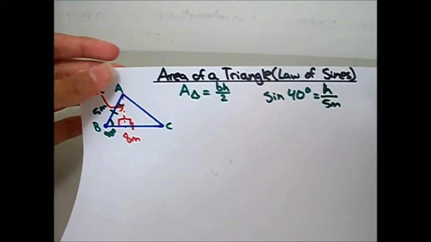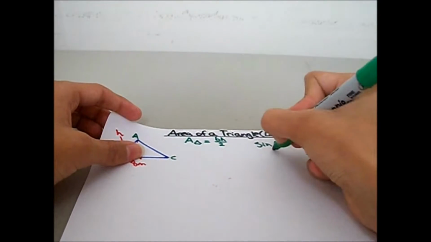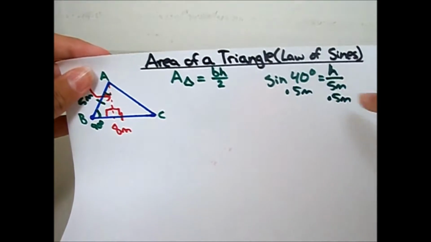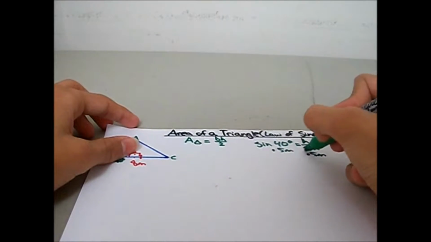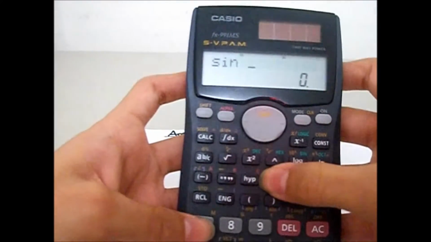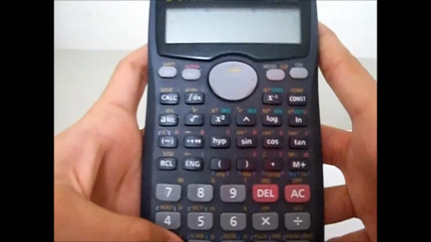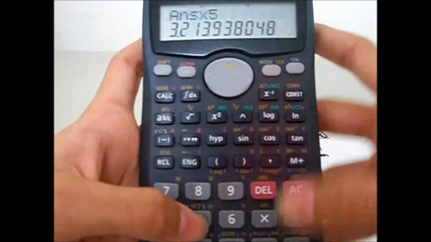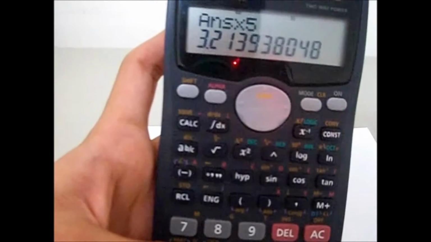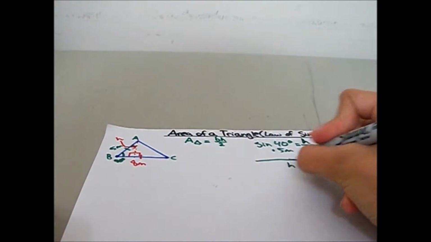So now to isolate H and find the value of the height, we will just multiply both sides by 5 to get rid of the denominator here. So these two cancel out. And sine of 40 degrees times 5 meters. Let me just get my calculator here. Sine of 40 degrees times 5 meters equals approximately 3.2 meters. So H will approximately be